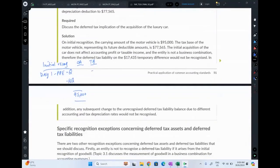So the qualifying expenditure for tax is 77565. When we have this situation, you will notice this asset in the accounting books cost you 95,000, but tax is only going to give you a tax deduction of 77565. We cannot take 95 and compare against 77565. So we have to split this asset into two categories. The qualifying asset portion,